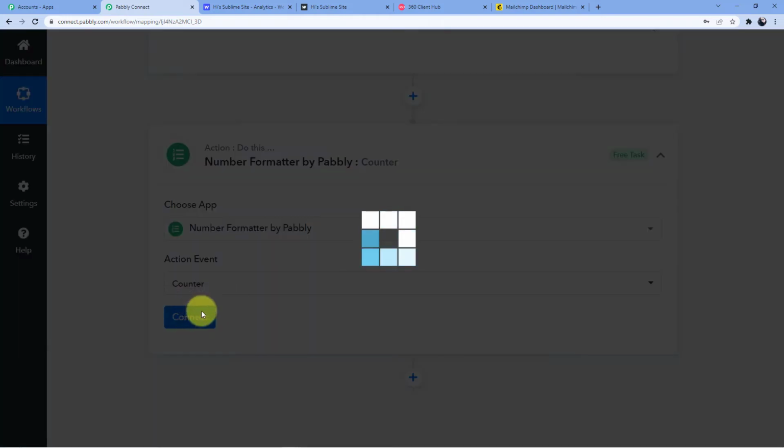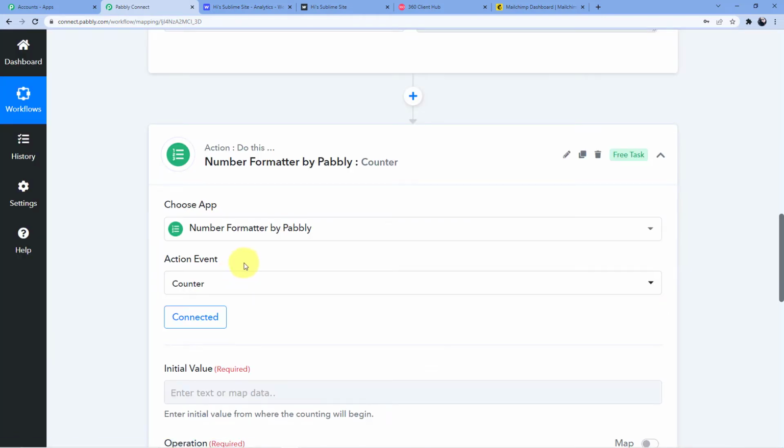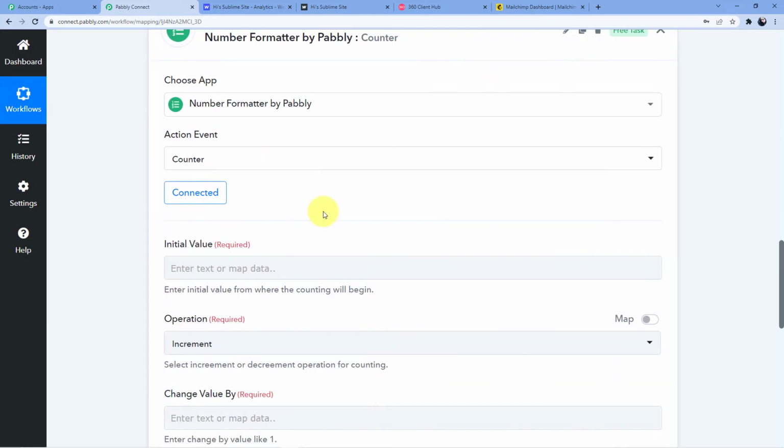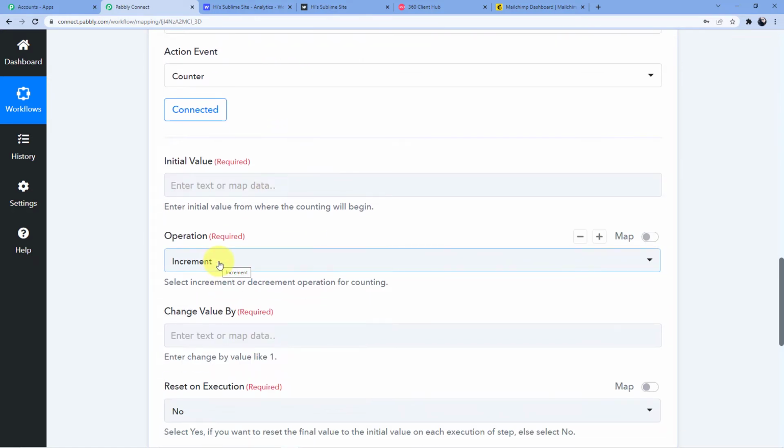Now as soon as I connect it, whenever we have an increment of a form by one number, the data will be sent to the WhatsApp by the count of the forms, like first form submitted, then second form submitted, then third form submitted.